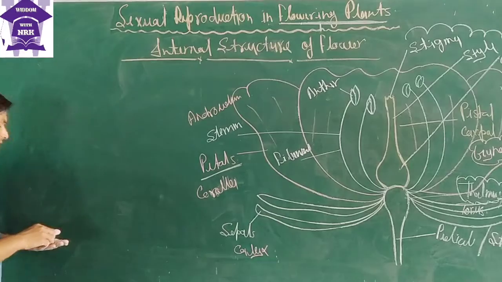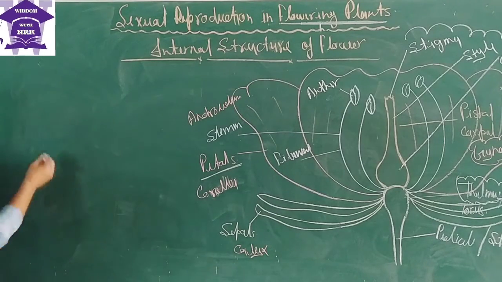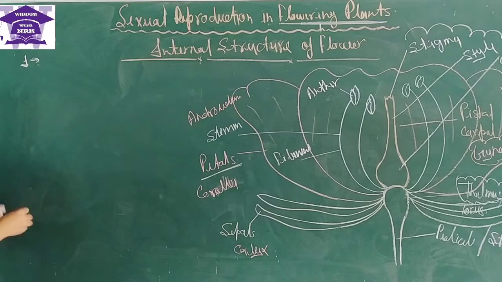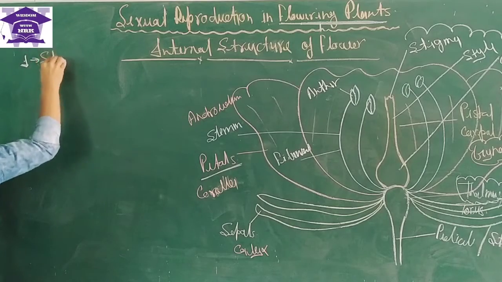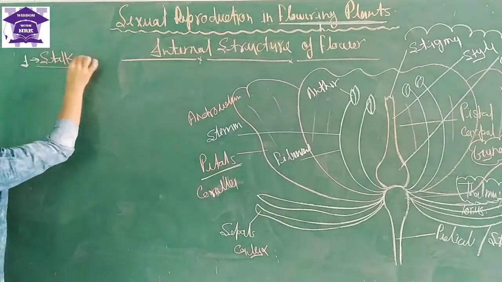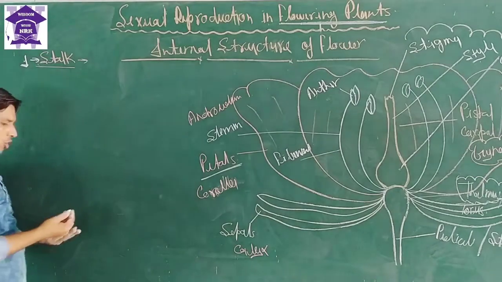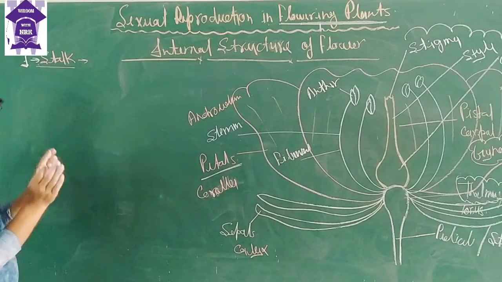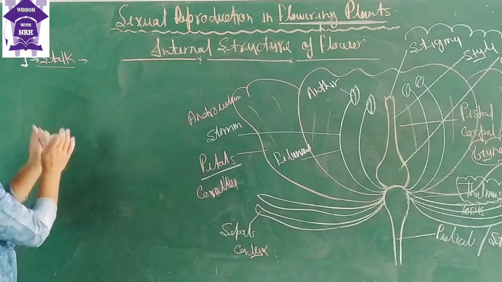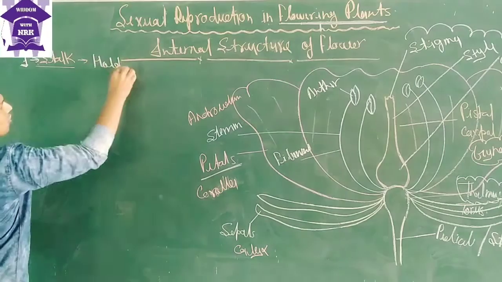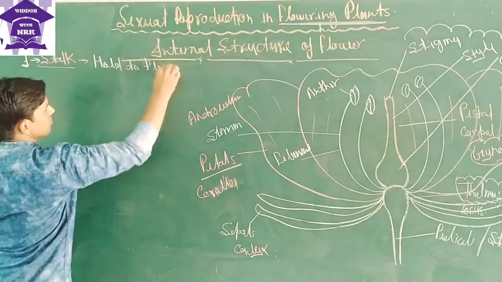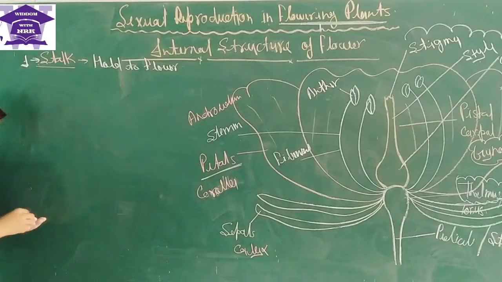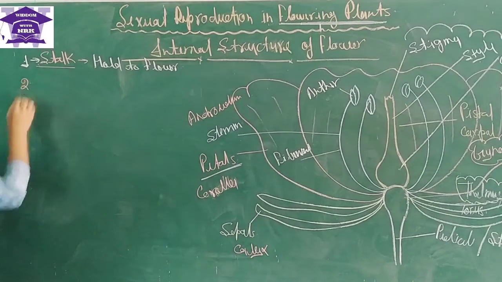First of all, students, here we are talking about the first structure of the flower that is known as pedicel or style. If we talk about the style, this part holds all the parts of the flower. It will hold the flower. पूरे फ्लावर को होल्ड किए वो कौन होता है? पेडिसिल और स्टार.